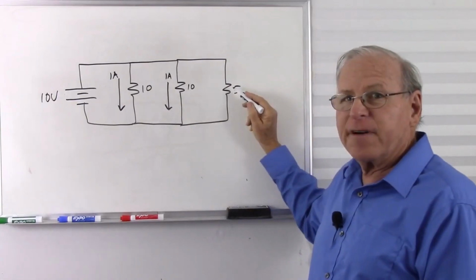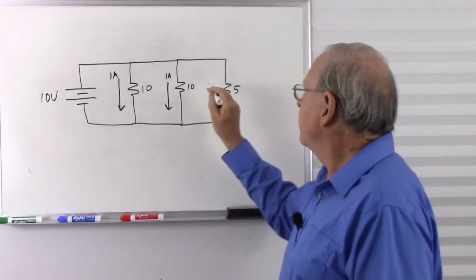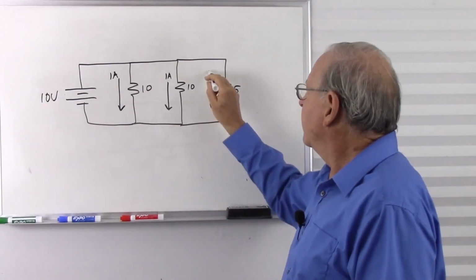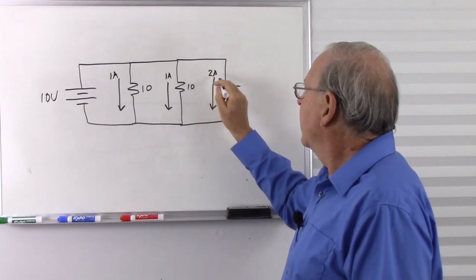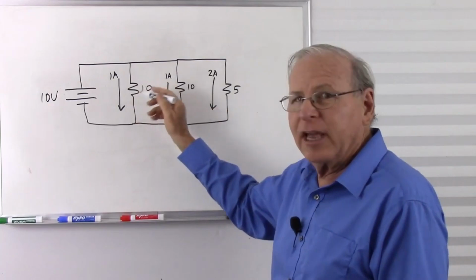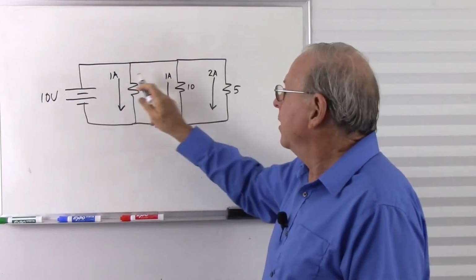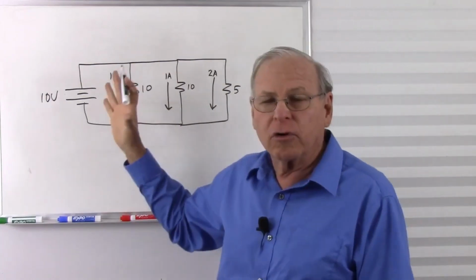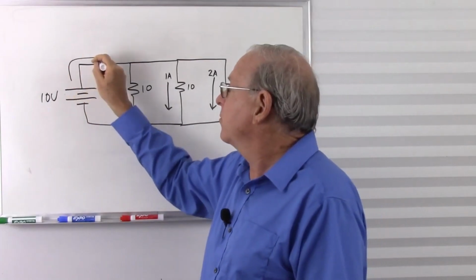And over here we have 5 volts, 5 goes into 10 2 times, and we have 2 amps. Now, what's the total current for the total circuit? We simply add the currents together, Kirchhoff's current law. So 1 plus 1 plus 2 is a total of 4 amps. So there are 4 amps